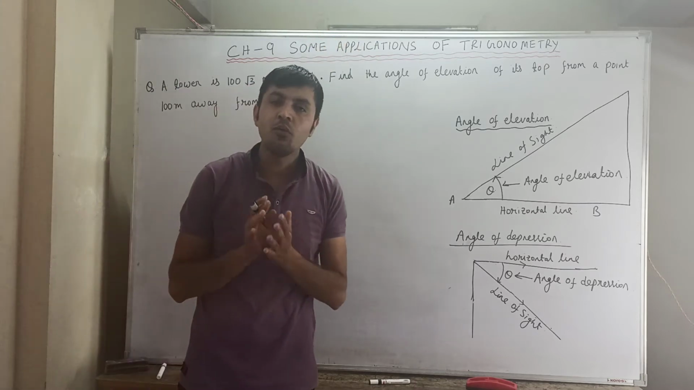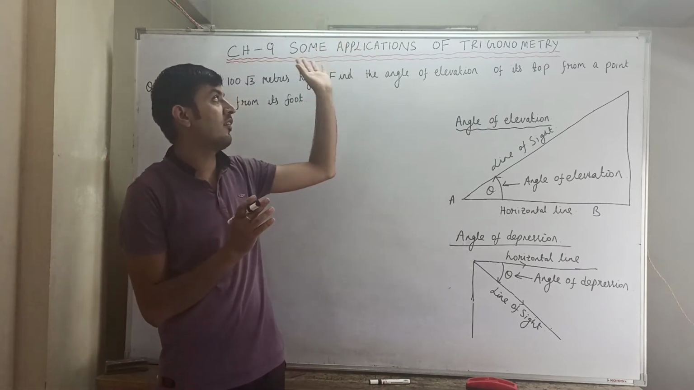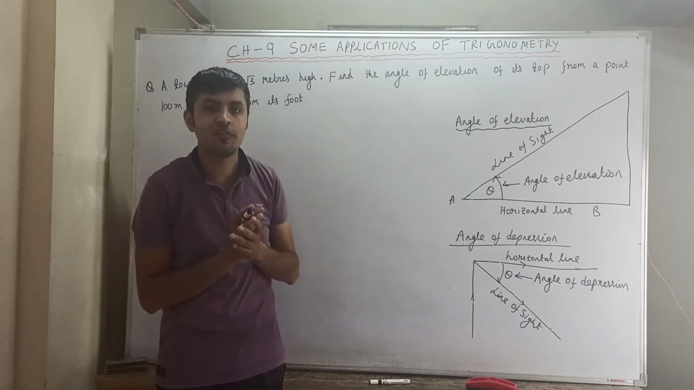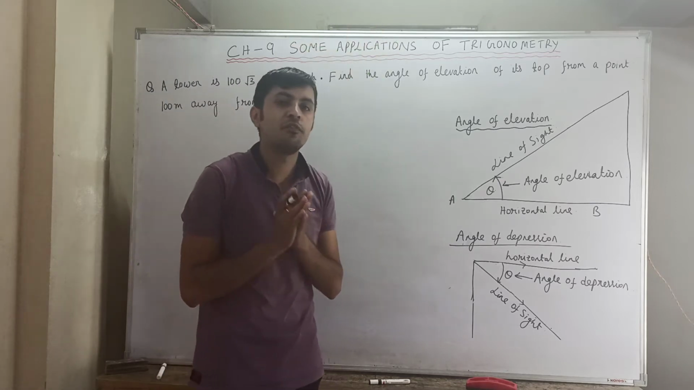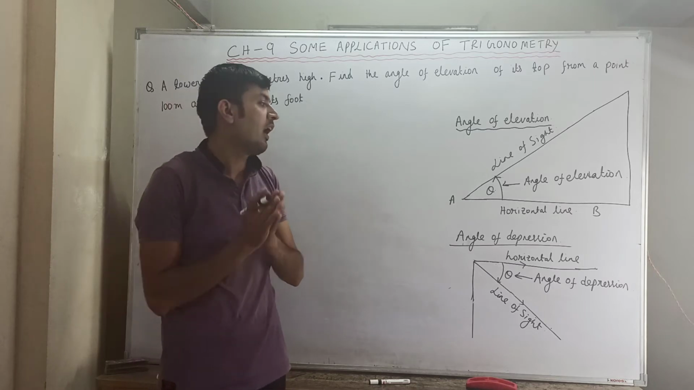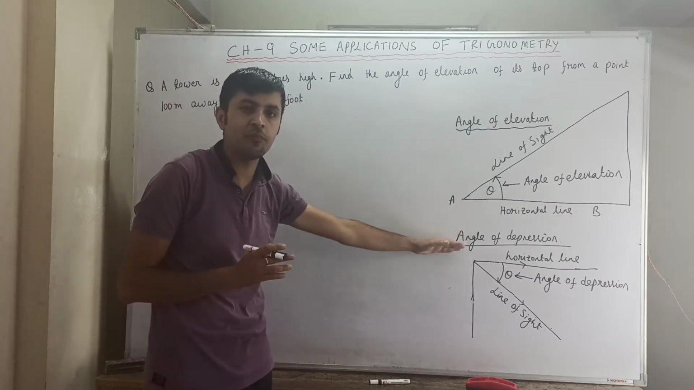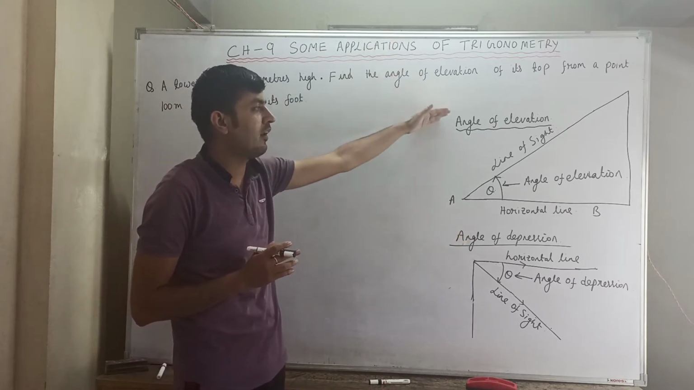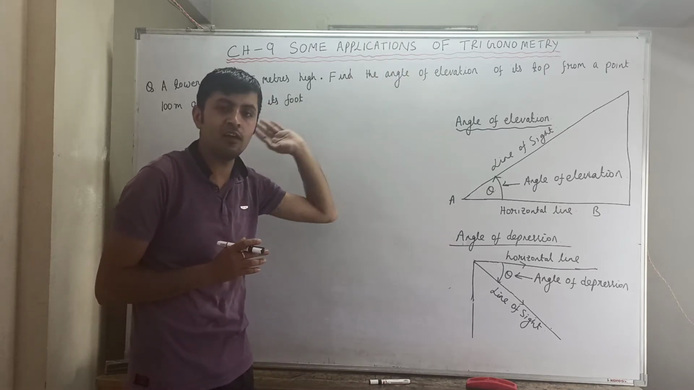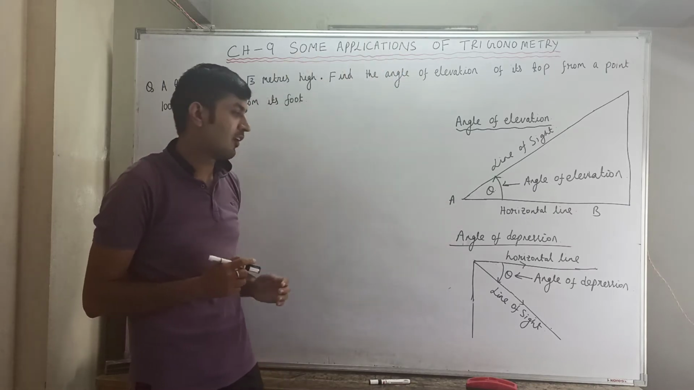Now, there are two things you have to know before you start this chapter. So what are the two things? The first one is angle of elevation and the second one is angle of depression. Now, how to get angle of elevation and how to get angle of depression? So let us see. Suppose